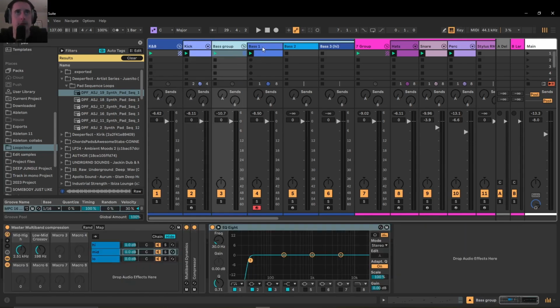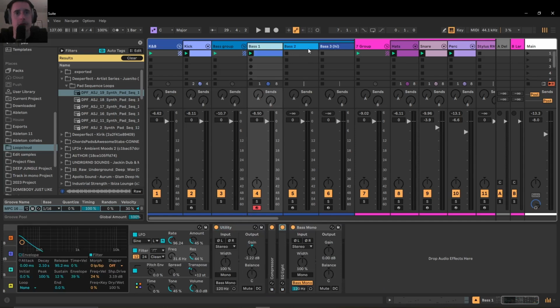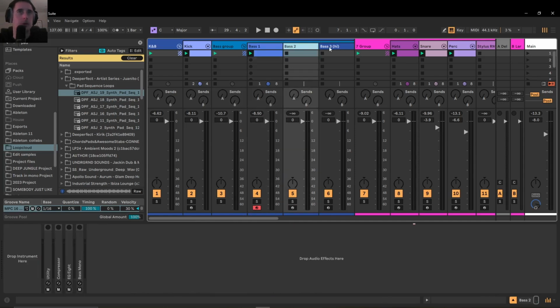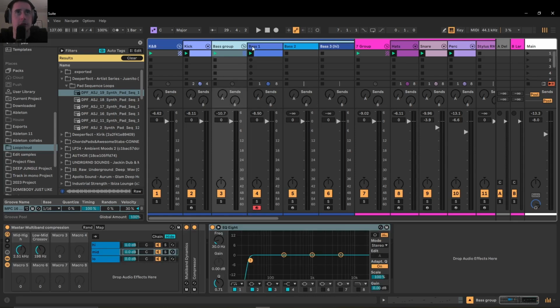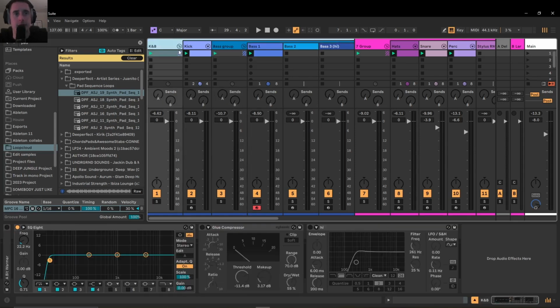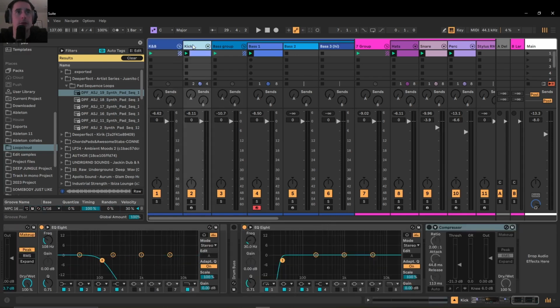Then the bass group has a number of different bass channels. These will then feed into this group here, and then that feeds into the kick and bass group. So if I walk through each channel,